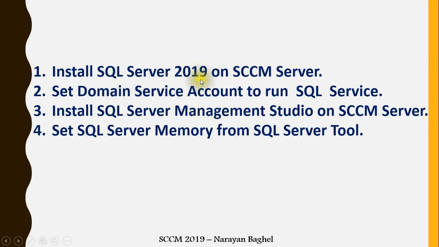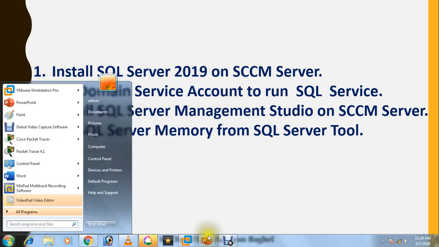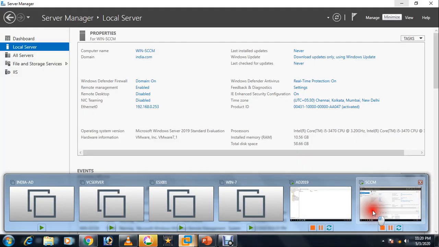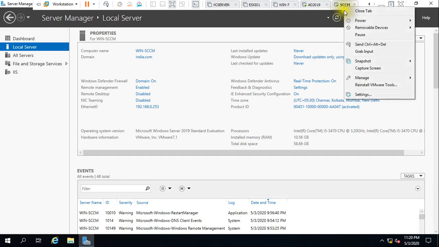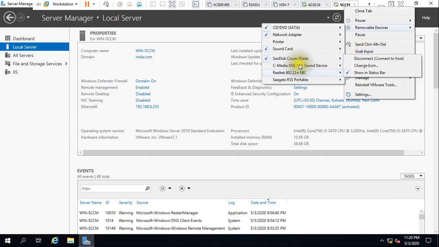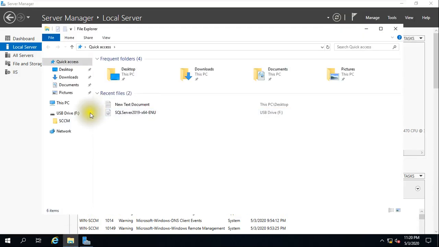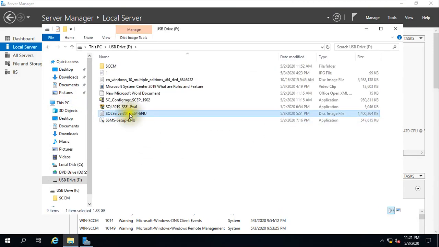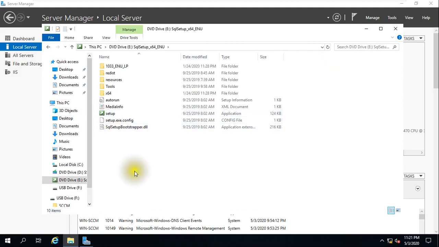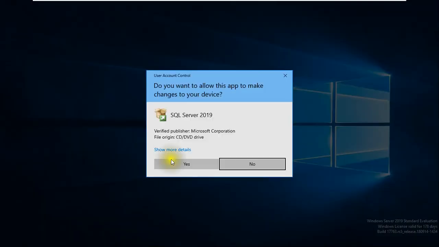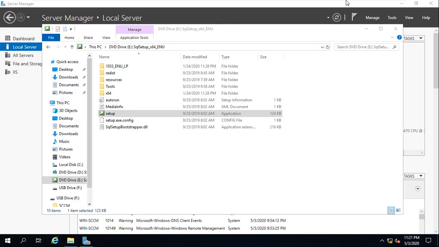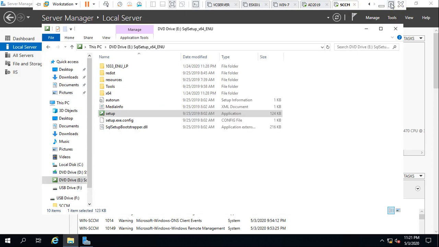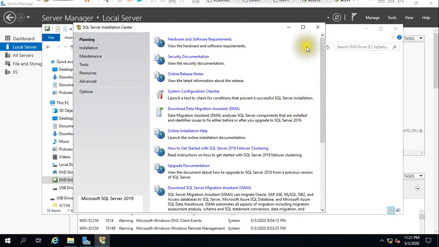The first step is to install SQL Server only. So I'm going to install. For that I have the SQL Server image on one of my external storage, so I need to connect that, and it is already connected. Let me go to the drive, and we'll mount that image. So I have this image, and let me mount it, and now we'll install SQL Server. Guys, it takes some time for installation. Sometimes it comes very soon.